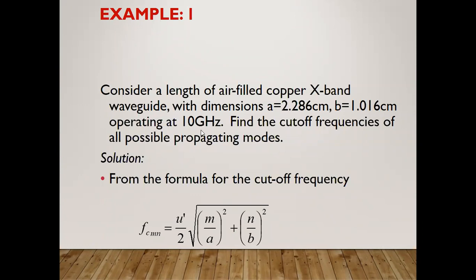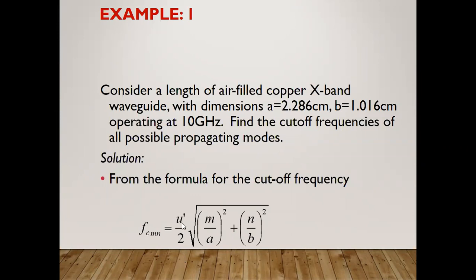So in this way, if you have the values and parameters, an unknown parameter can be calculated with the help of these parameters in the waveguides. How can you calculate the cutoff frequency if the a and b values are given, the dimensions are mentioned, the operating frequency is given, the band is given and the medium is given? At that time you can calculate the cutoff frequency in this waveguide.